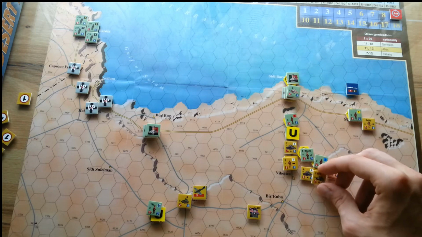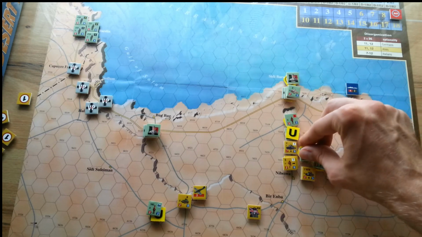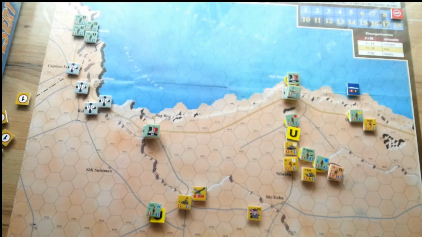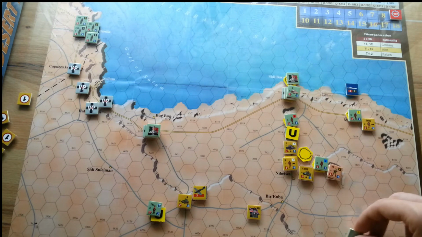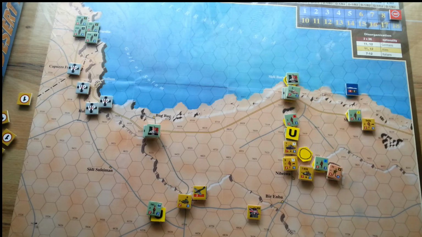Now here we have 8 against 2. This gives us 4 to 1. Because of the fortifications, we have 3 to 1, and 1, 2, 3, 4 HQ can support them. So we have 3 to 1. I rolled 11. 11 gives us -1 and -1. This means both sides suffer -1 loss. Italians have only 1 strength level, so they are eliminated,